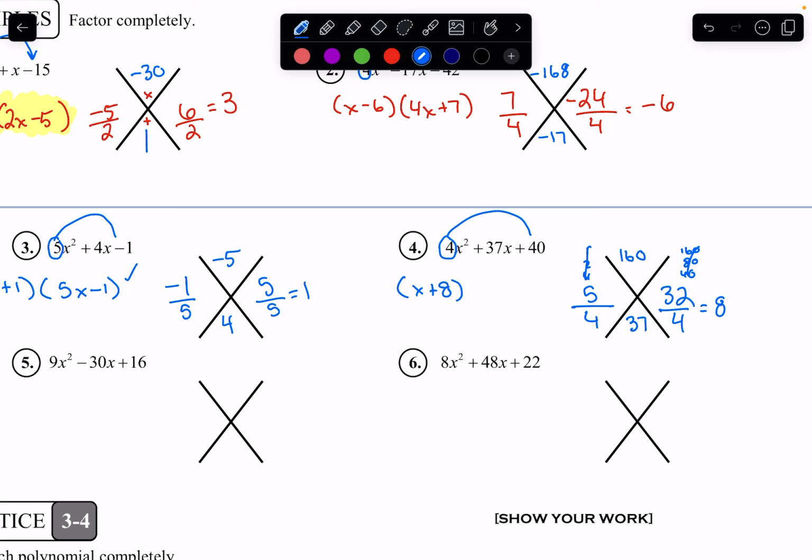The other answer comes from the 5 divided by 4. And that doesn't simplify, so we just put the 4 in front of the x and the 5 after the x, and we call it good right there. Okay,